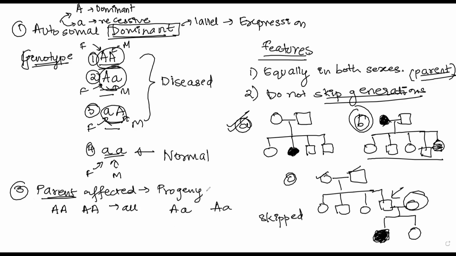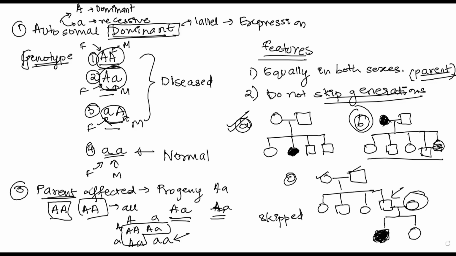If you draw a Punnett square, you will have capital A over here. So what is the possibility? The Punnett square will be like this, right? So capital A, capital A, capital A, small a, capital A, small a, small a, small a. So now if the parent is affected, then there is a chance that three of them would be affected, and only one would be unaffected, when it is heterozygous. Okay, when both are homozygous, then all the progeny are definitely affected. So this is about autosomal dominant.